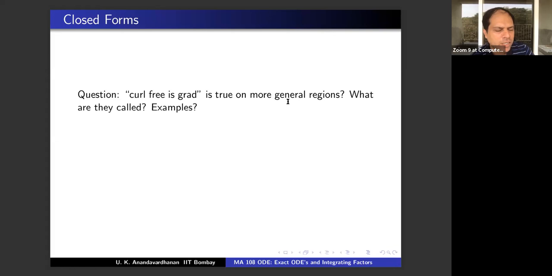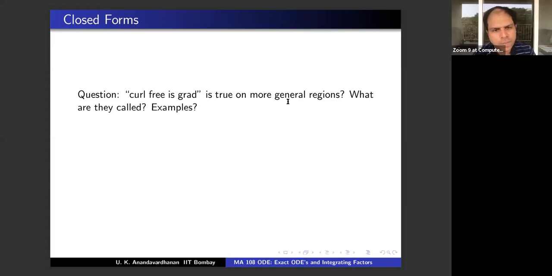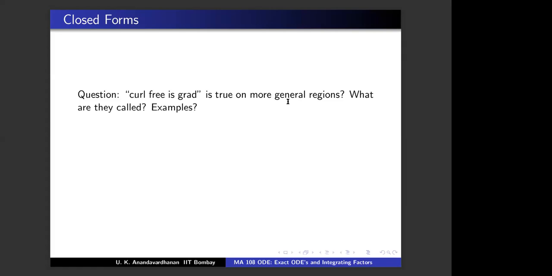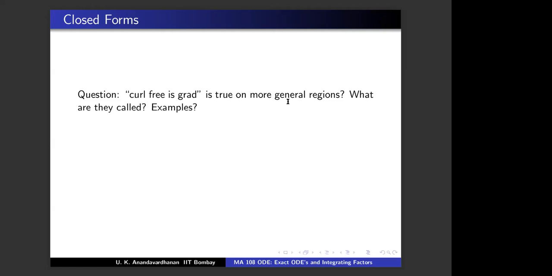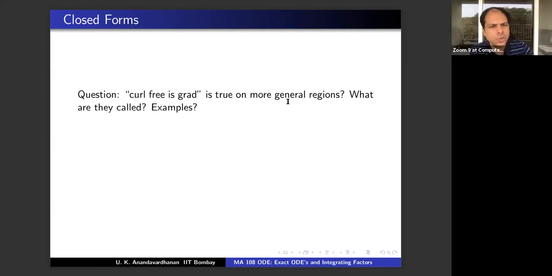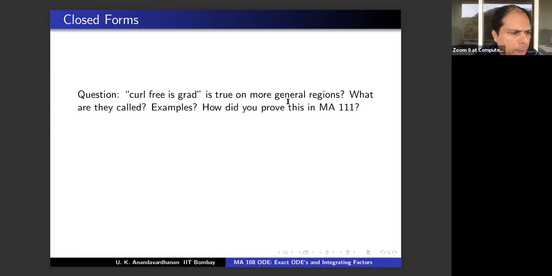And can you give me an example of a domain which is not simply connected? Annulus. Annulus, yes. Or R2 minus 0. That is also R3 minus z-axis. R3 minus z-axis, one of the axes. One of the axes, yes. All these are examples of non-simply connected domains. In R2, you can just put a puncture. That is not simply connected. Sir, why is R2 minus 0 not simply connected?